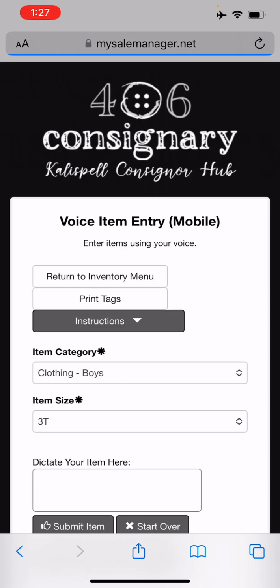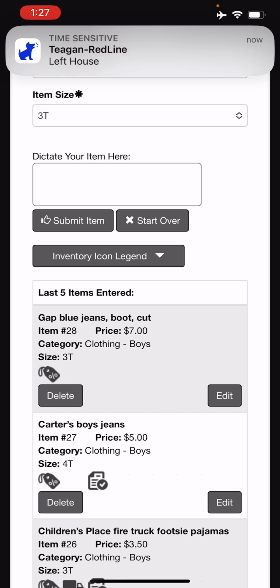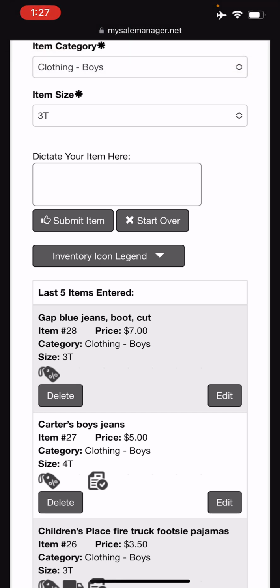Bada bing. All right, let's check on it. Gap blue jeans, boot cut. Totally fine with the typos. The words are good to go. The price says $7, and the little percentage sign there in the corner means that item's going to go half